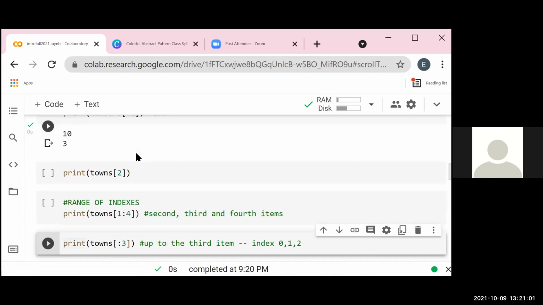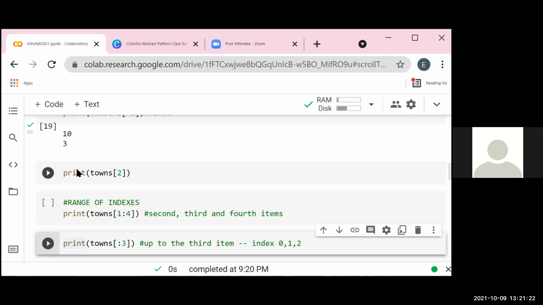In addition to that, you can find items in different positions. If I say square bracket index 2, this means that I am looking for the third item because we start counting from 0. So I look for 0, 1, 2. 2 is the third item.